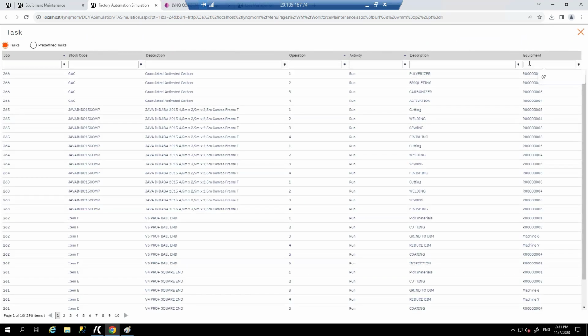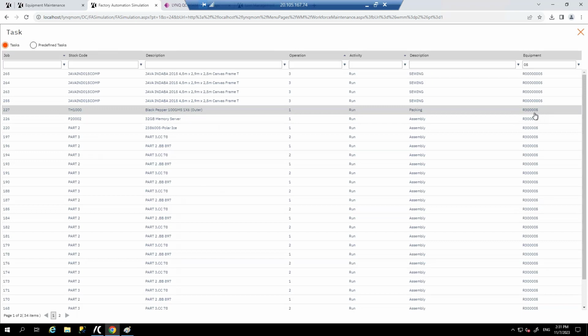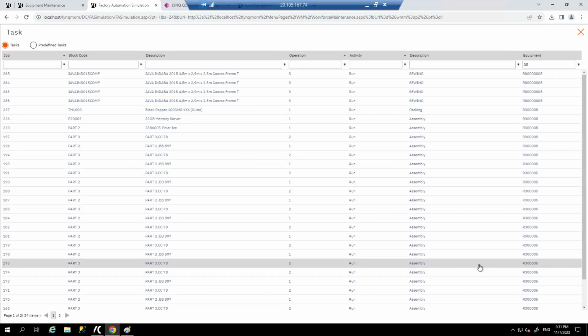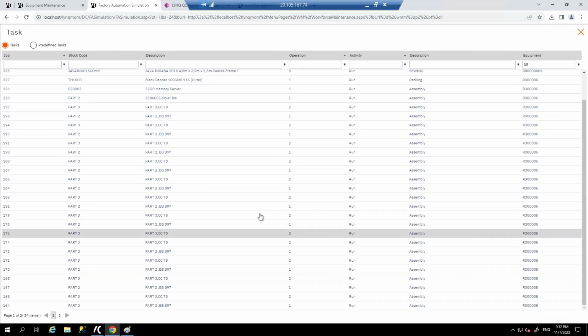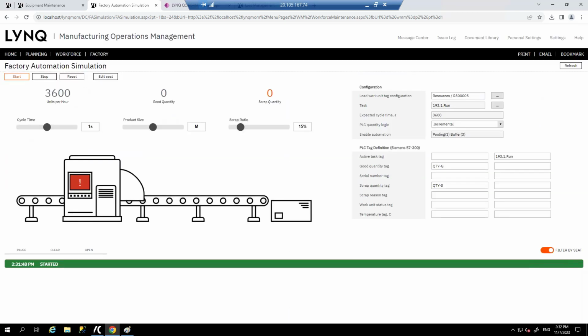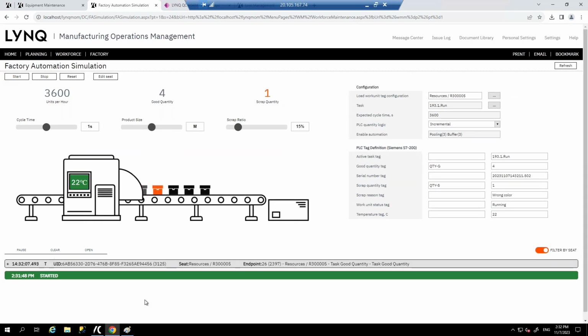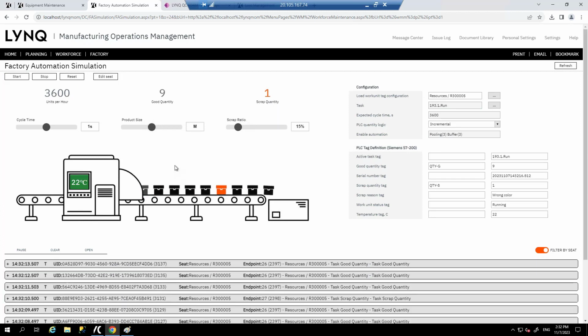So 05 like this. If you have machines that are enabled for automatic data capture, then that's something that we obviously can work with you on. Now you'll see OPC tags coming off the machine for quantity.